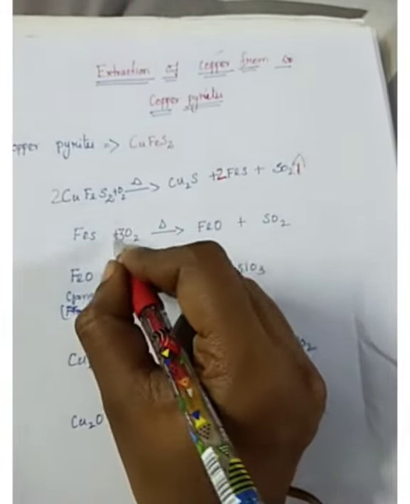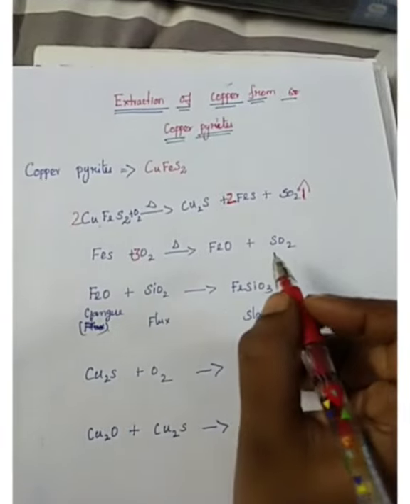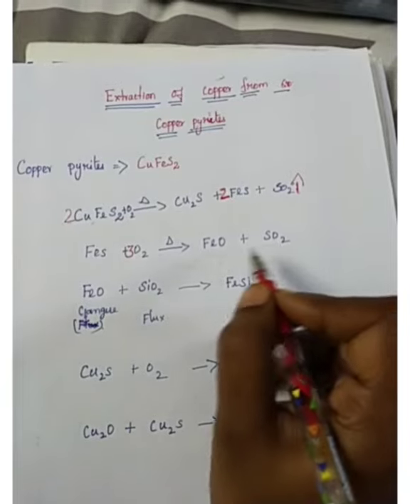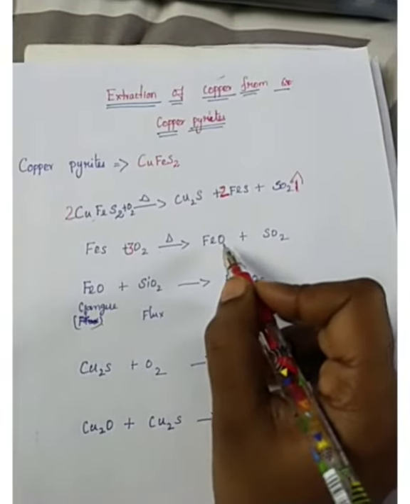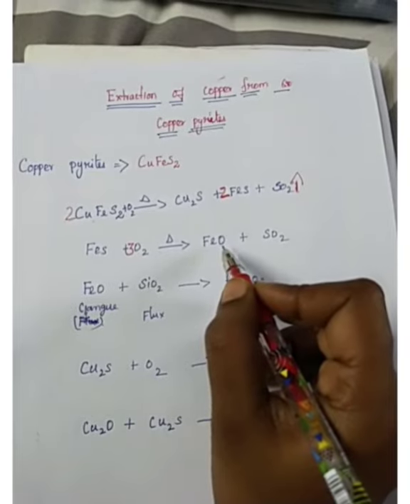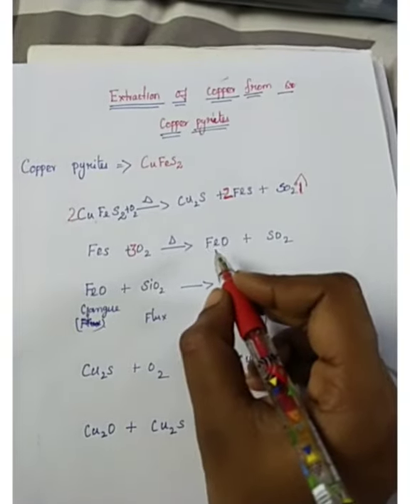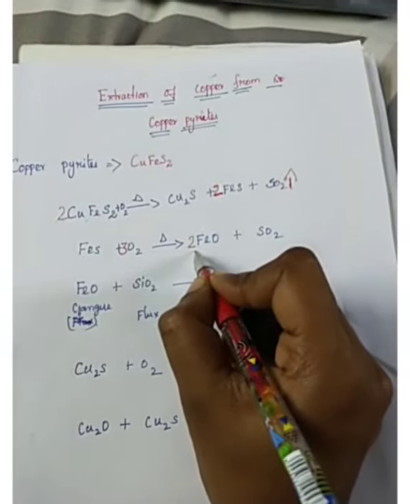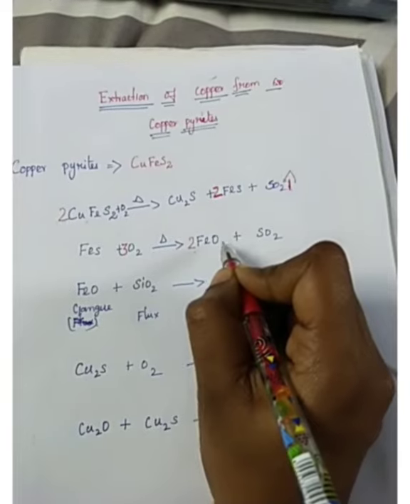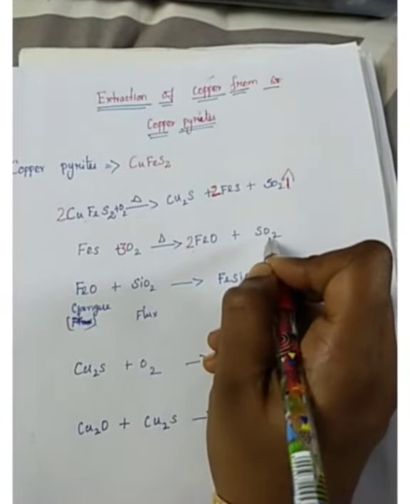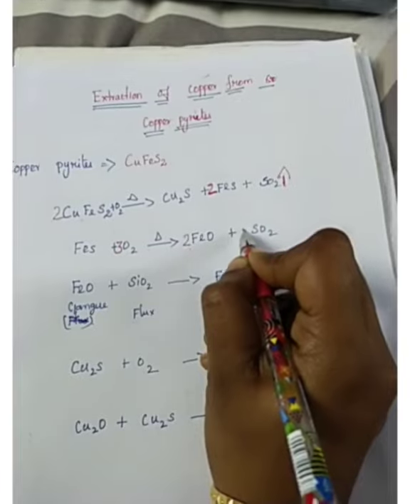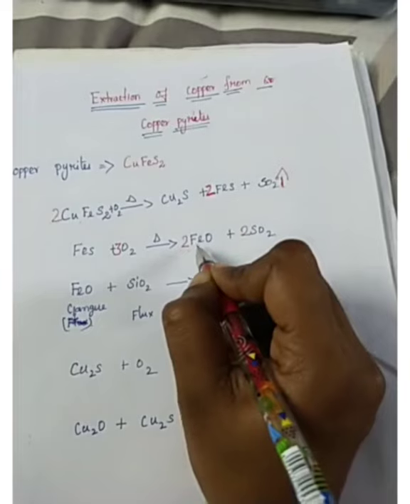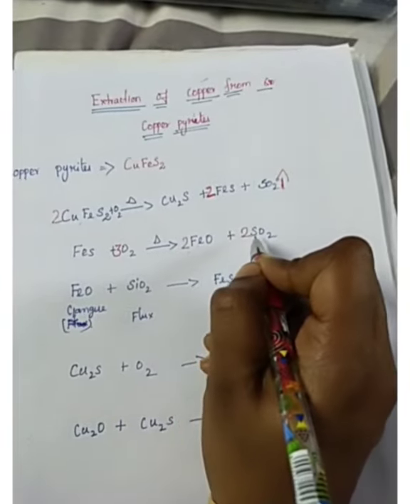So now oxygen on the left hand side is 6. Here only 2. So we put 2 here. So we have to change this oxygen. To change this, here I am going to give 2. If I give 2 here, 2 O plus here also 2 is 4 only, but 6 we need. So in front of S also I am going to give 2. Now iron and S are going to change.